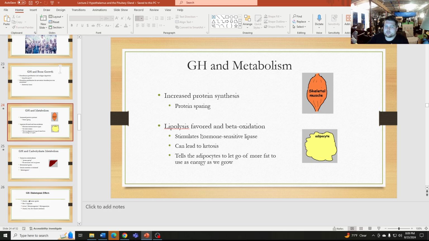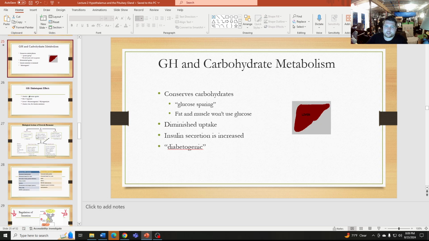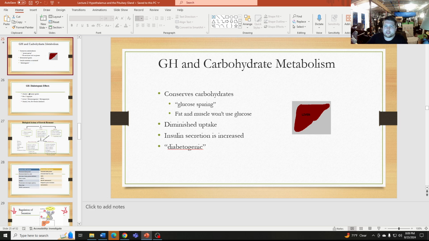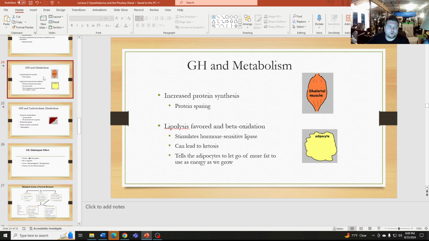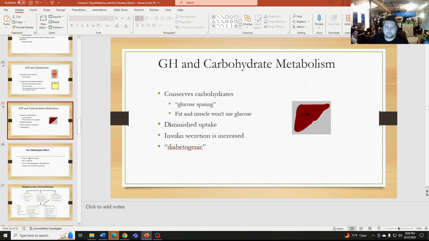That's because growth hormone favors lipolysis and beta oxidation, using the fat as energy. So growth hormone and carbohydrate metabolism: it's going to conserve the carbohydrates and use more of the fats, so we don't take up as much of the carbohydrates,